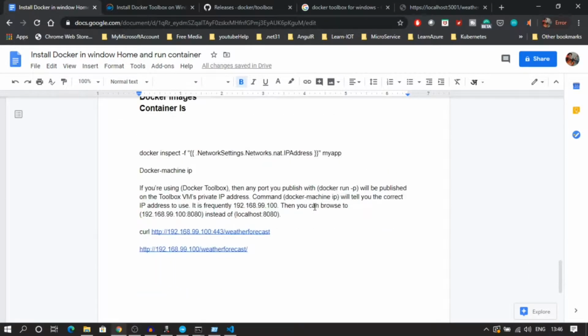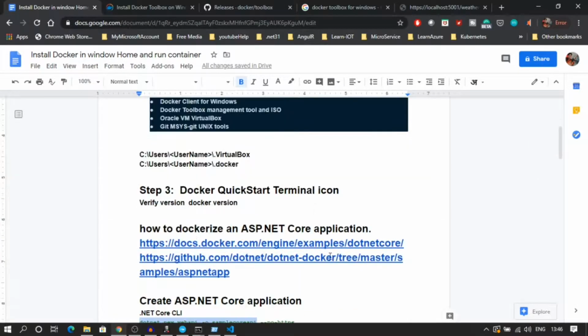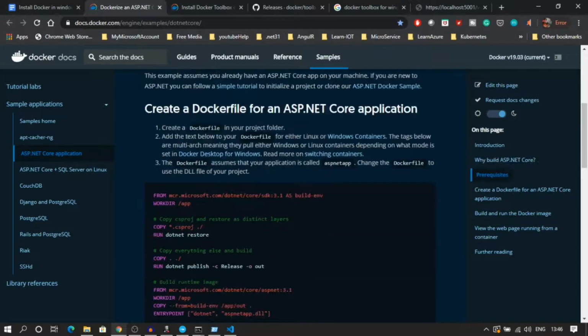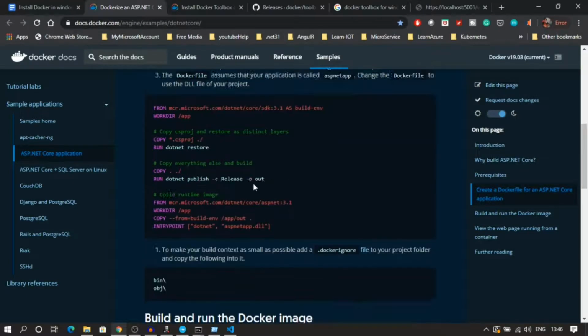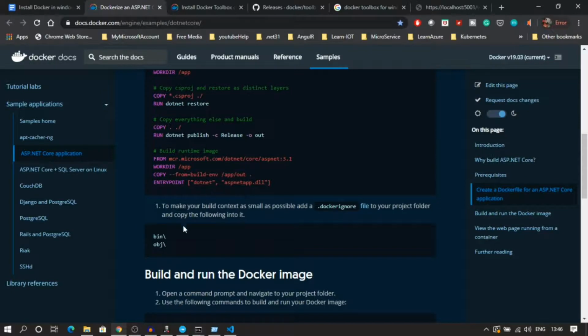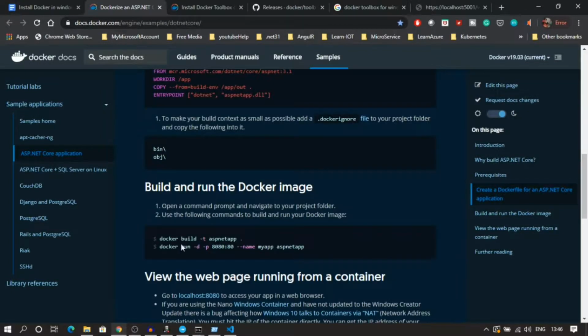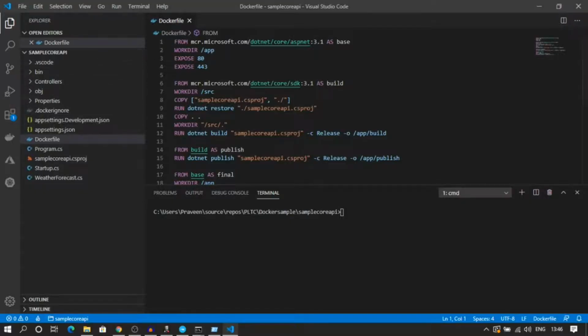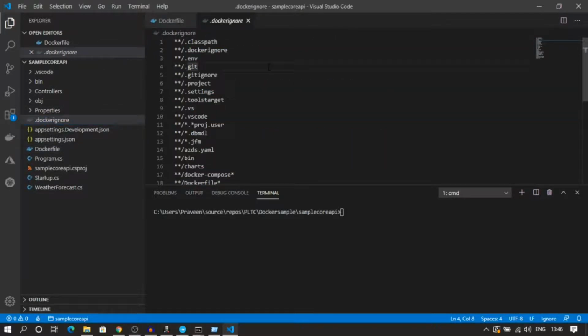I have these links with me. So these are the links that I was following, the official documentation. So if you are going to Dockerize the ASP.NET Core application, these are the instructions, and you have to create something like this. You have to create a Docker ignore file, then you have to add this, then you have to build, then you have to run. So we are not using all those steps. Simply we are coming with the plugin and we are just pressing Control Shift and P. We initiated the Docker file and automatically it has added the Docker ignore file for me. So see how easy it is now.